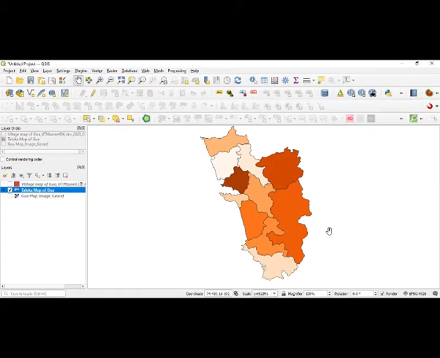But if I want to go for further symbology of this to represent certain data, that means when you are generating the layer, that layer automatically doesn't take the data along with it. So for that, you are supposed to feed the data, you are supposed to attach the data. So that data attachment, what is going to be there?